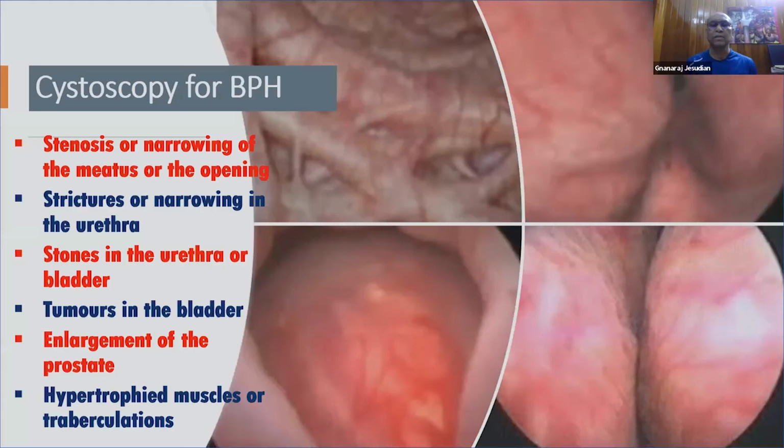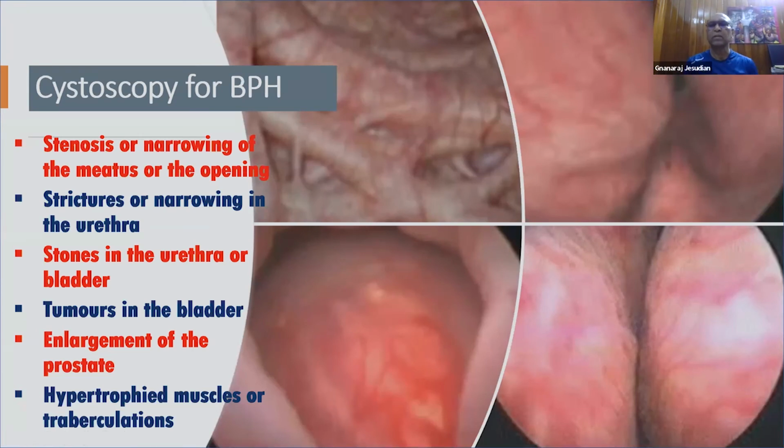Another investigation that we like to do is called cystoscopy, through a telescope or through the new device that we made, which can connect to a laptop. We like to have a look inside. The prostate is found at the junction of the valve or sphincter, as we call it, and the bladder. So this is a typical appearance. It has two lobes, and the sphincter is located at a place called verumontanum. So normally, when the scope is placed at the verumontanum, we are able to see inside the bladder.